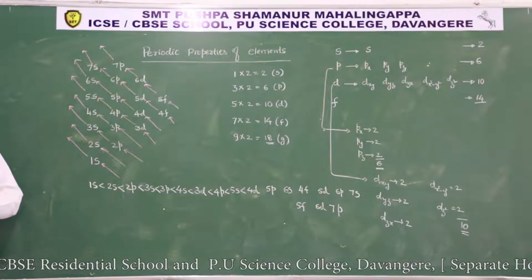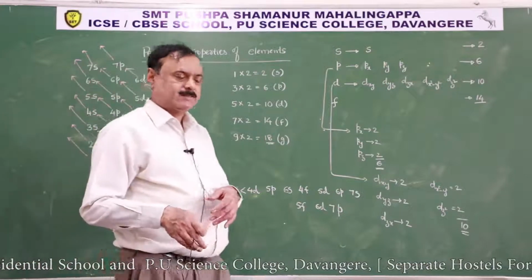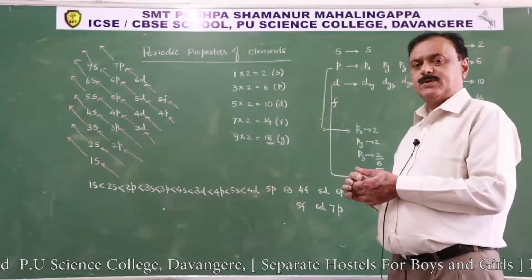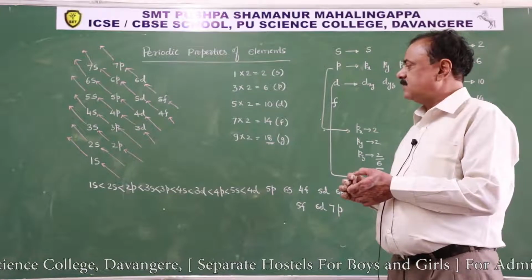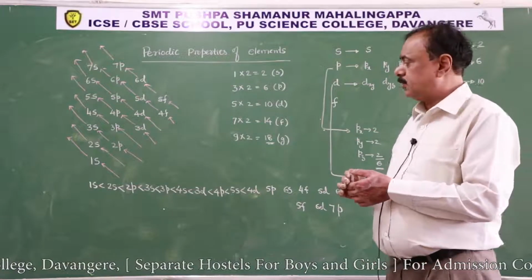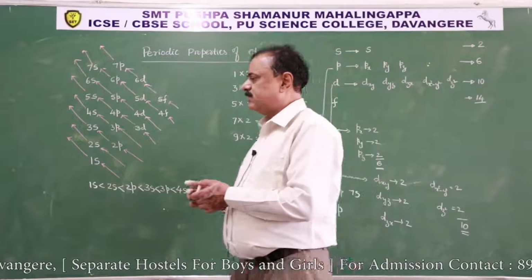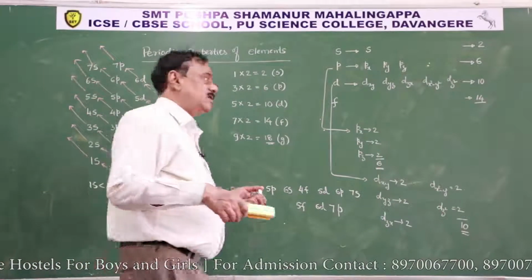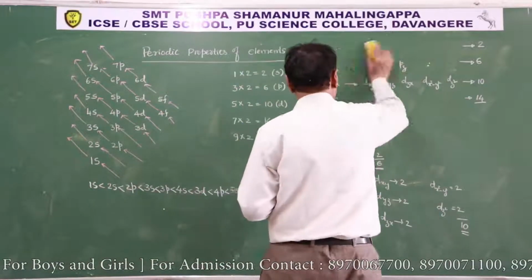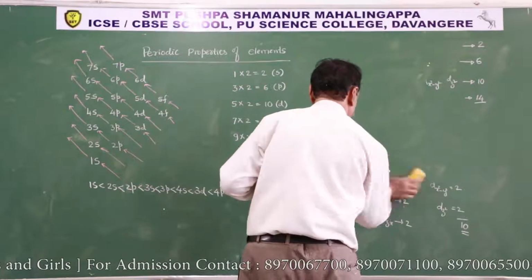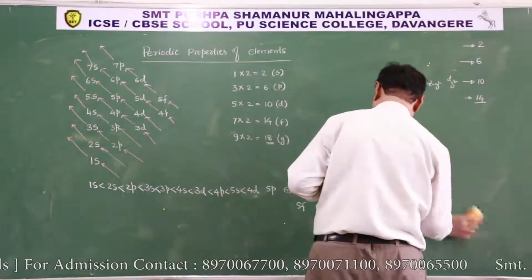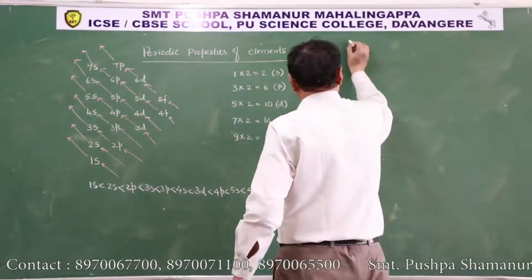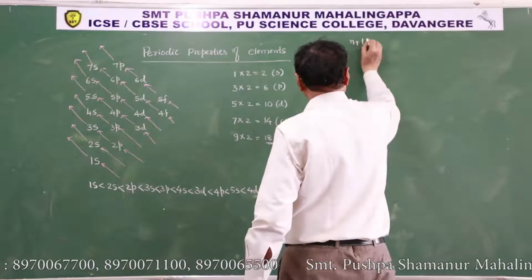Sir, how can I check the energy level of an electron? That you already studied by using one law, that is a principle, that is the n plus L rule. n corresponds to the principal quantum number and L corresponds to the azimuthal quantum number or subsidiary quantum number. According to the n plus L rule,